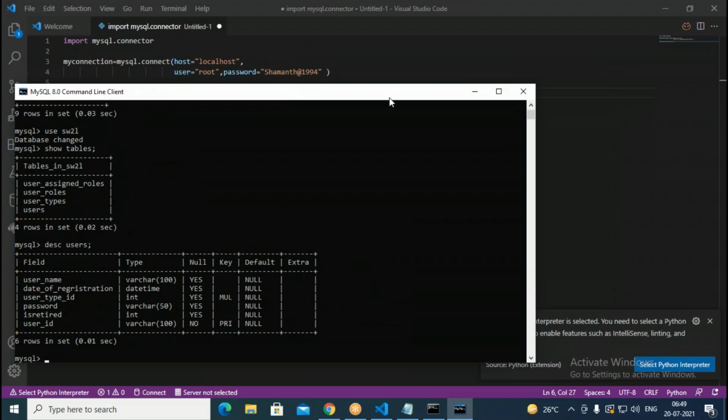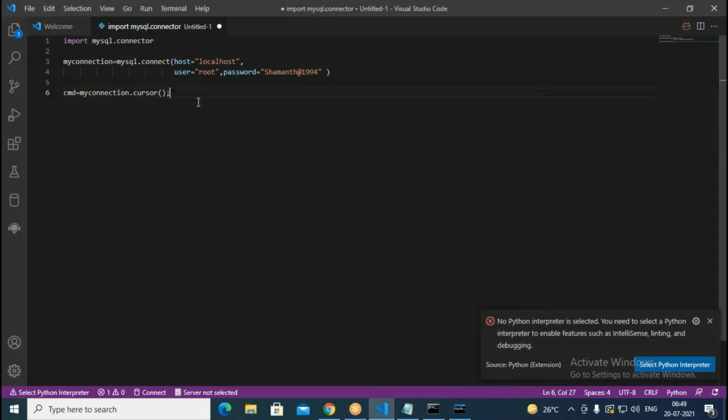But here what we are doing is just getting connected to the underlying MySQL database. Then in this, we now create a new database. We are not opening any existing database. What we do is create a new database. So let us try to issue that command. Here we can issue a command like this, cmd.execute. We give a command, the execute command. So using the execute command, you can create.